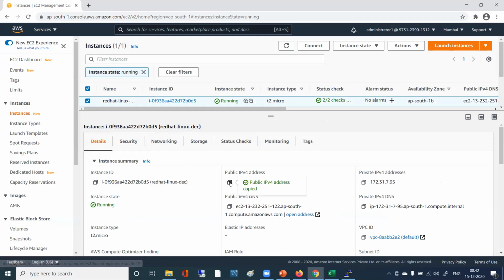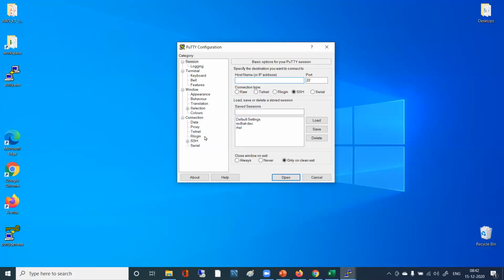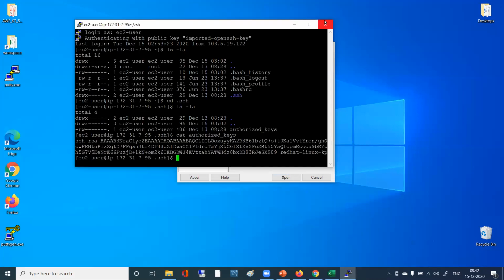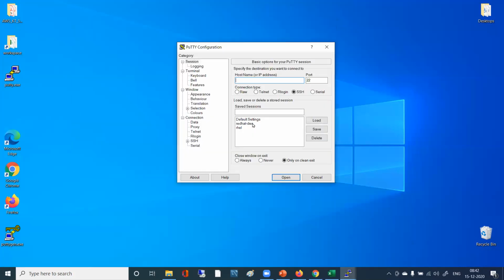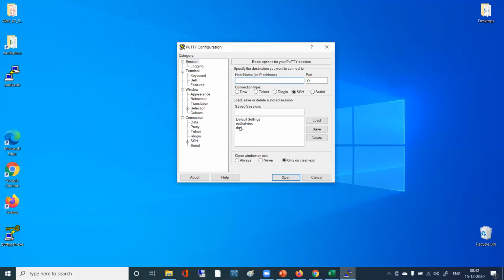Copied. Now you go to your PuTTY. Whatever old connection windows I have opened, I have to close them, right? Yeah, whatever PuTTY connection you are having, just close that window. And then you come to this PuTTY configuration window. Did you already load any profile? Yes. So now you just select that profile and click on Load.